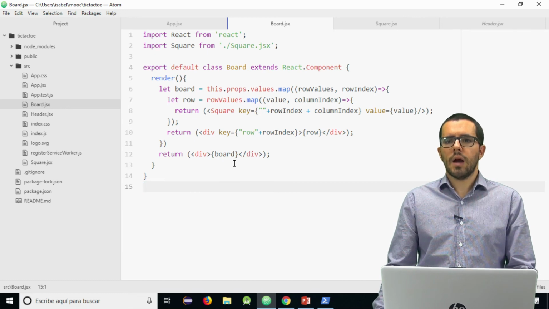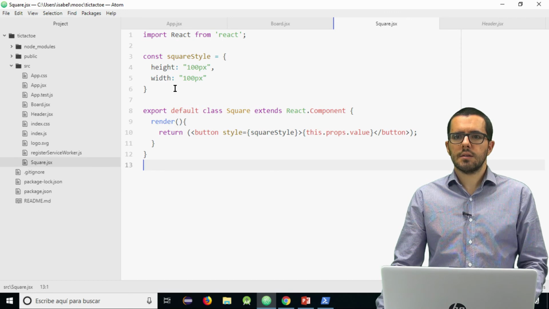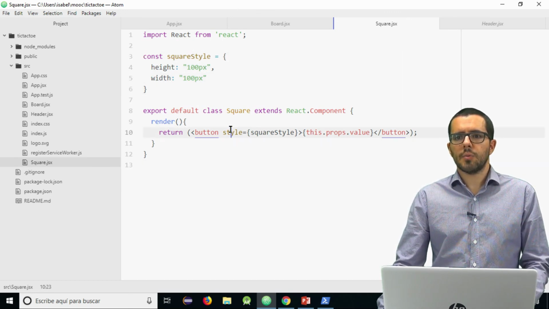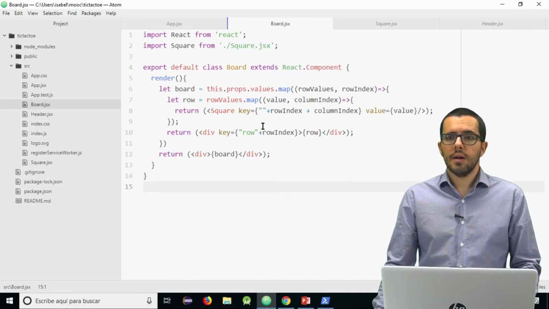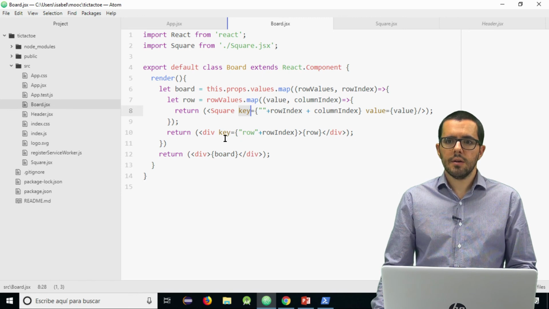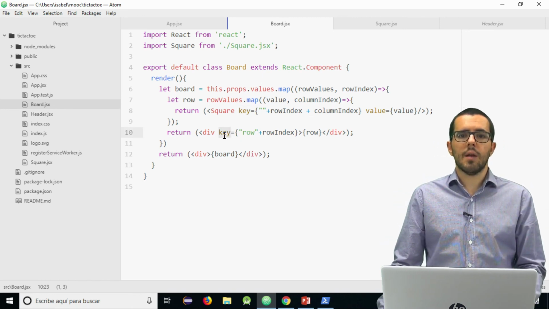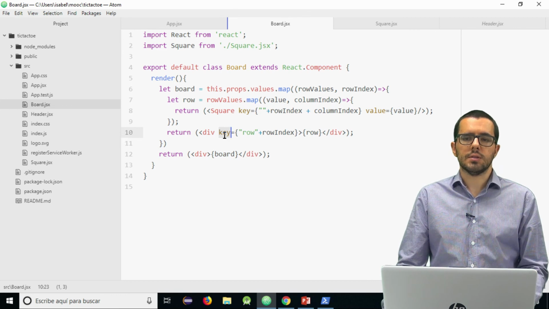So now we have added a style inside JSX like this, with a JavaScript object and a style property, and keys each time we are iterating an array, here and here. They are not useful for us, but they will help React to optimize everything with the virtual DOM and the rendering method that React uses.